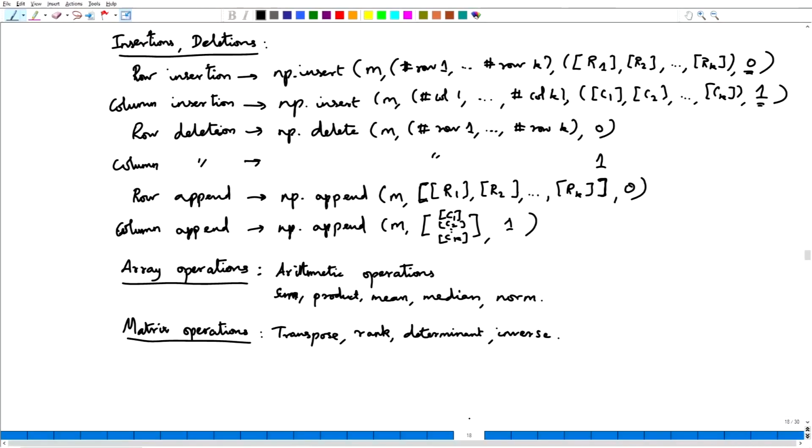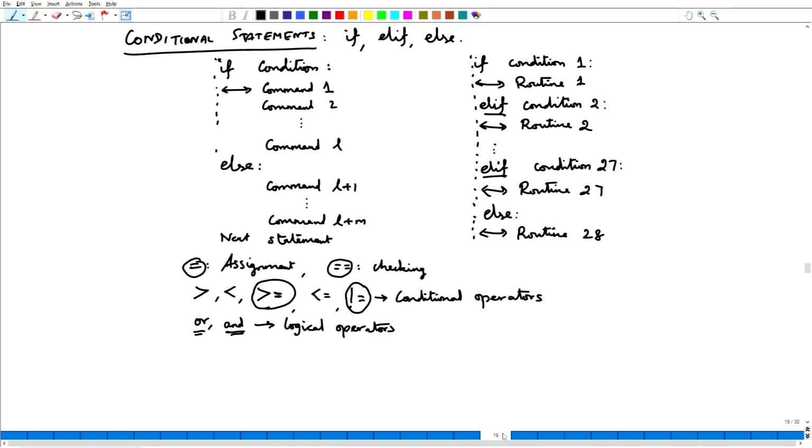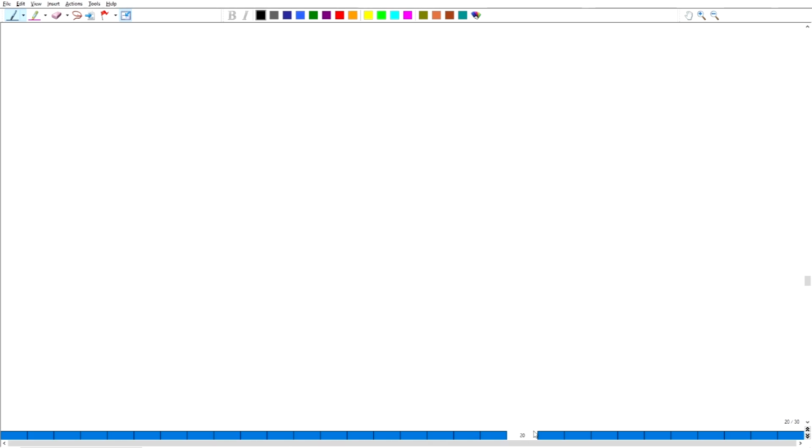So this is the fifth lecture of week 2, introduction to Python. In the fourth lecture we looked at some of the array operations and matrix operations, and we also looked at the conditional statements, right. So we will start with loops